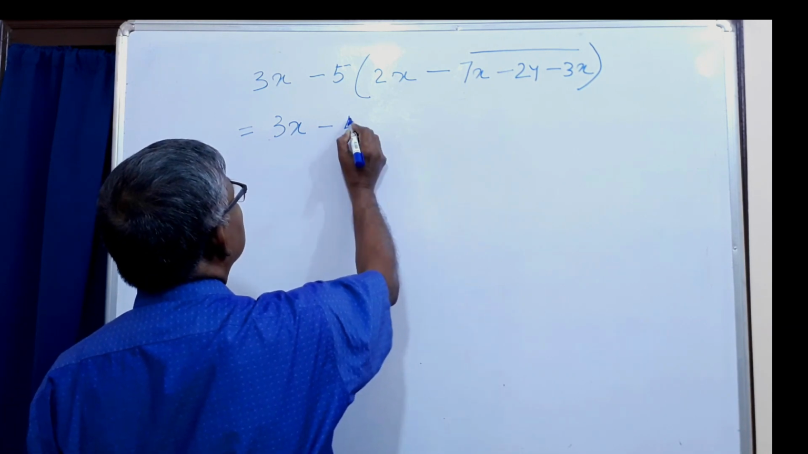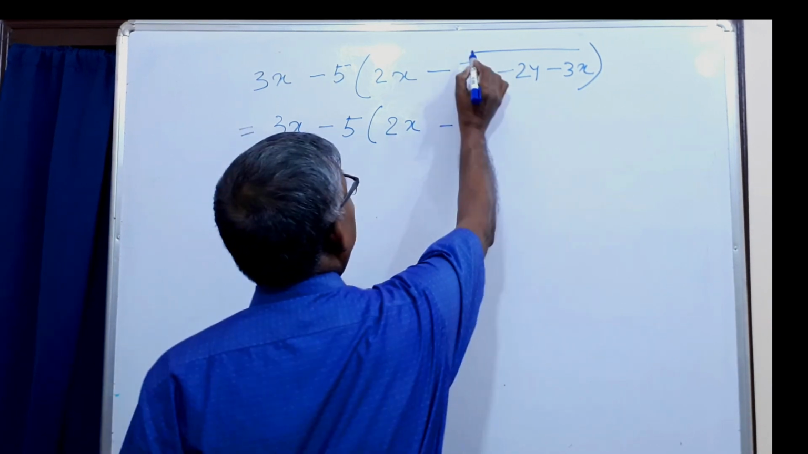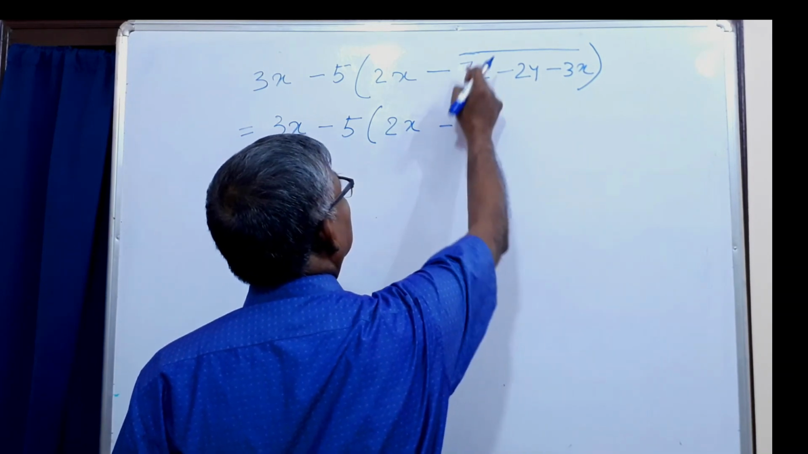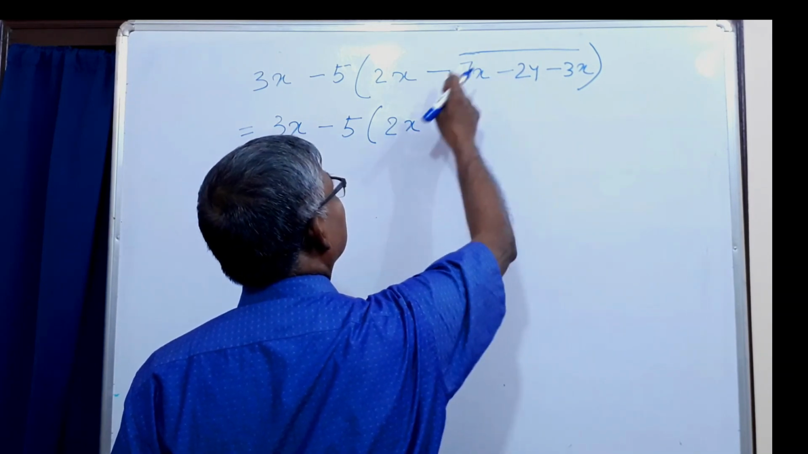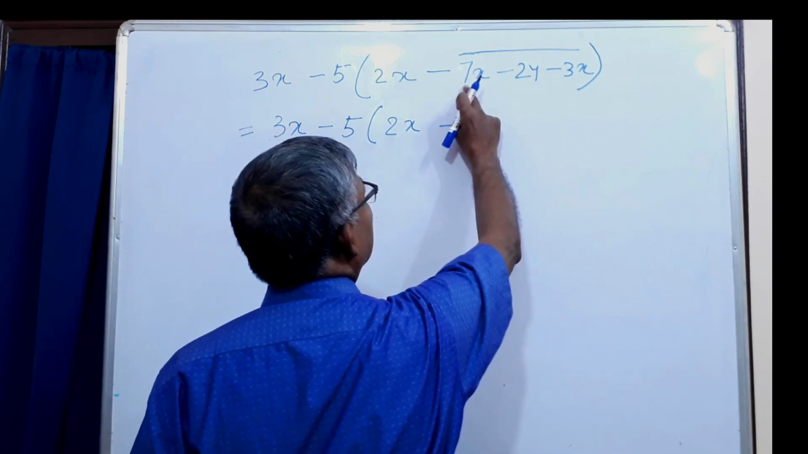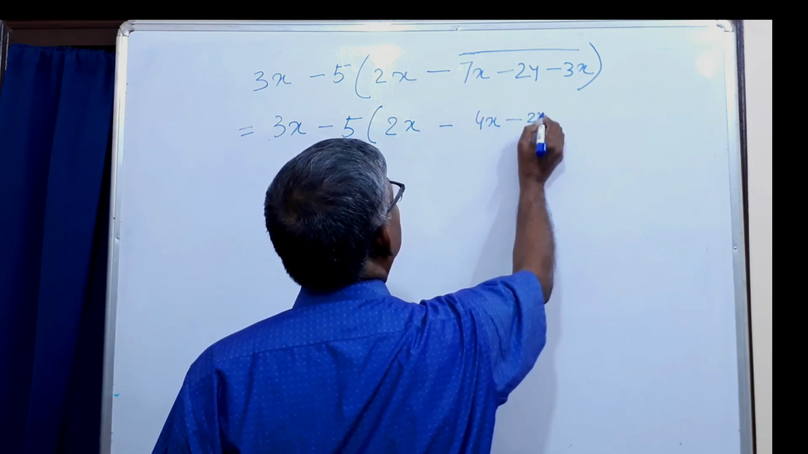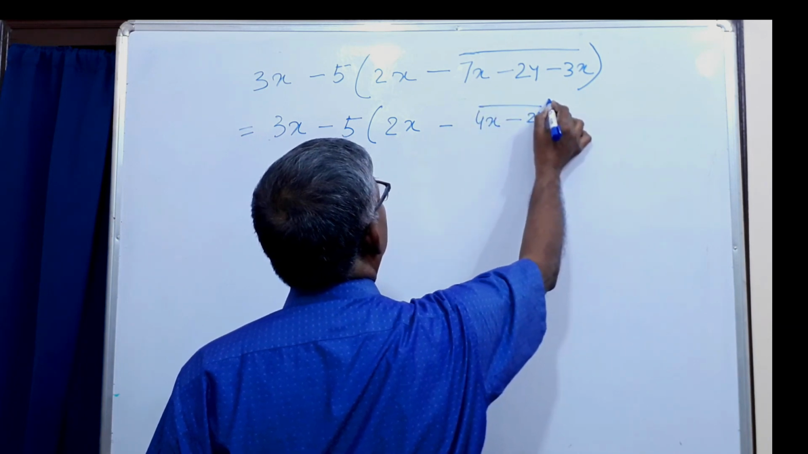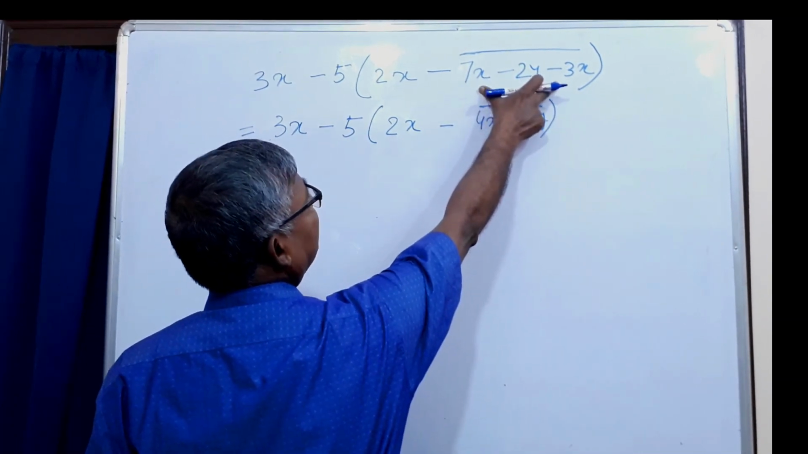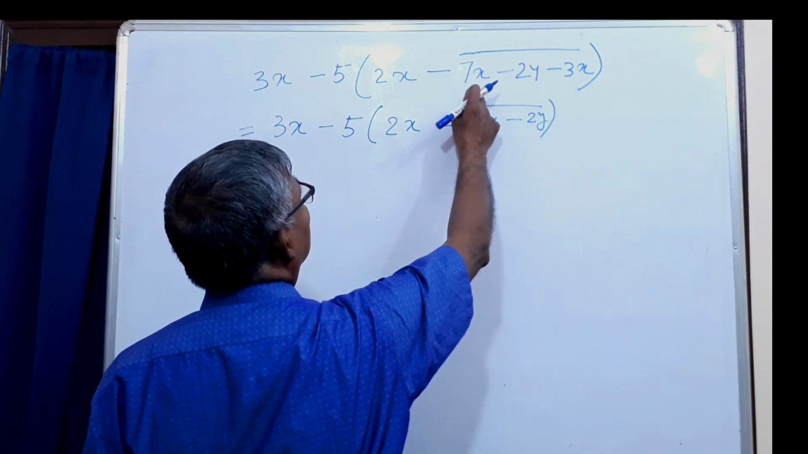It will be 3x minus 5 into 2x minus, here you see there is a line bracket. Outside the bracket it is minus, but inside the bracket 7x is positive. Here 7x minus 3x means 4x minus 2y. What we are doing? We have to solve first inside the bracket before removing it. So we have made the solution